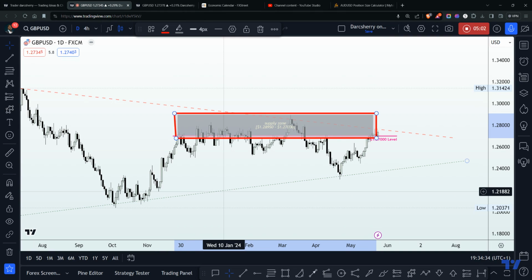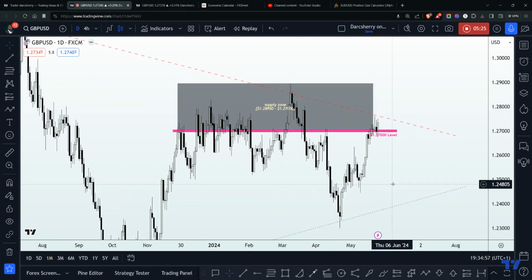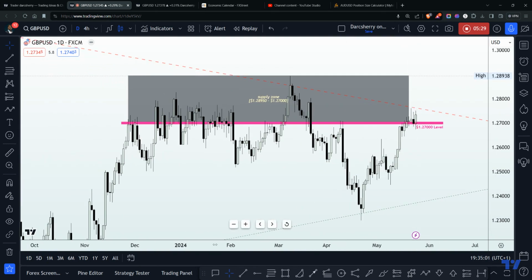Now, the question here is, will the selling pressure or will this descending trend line continue to negate the bullish attempt, leading into a sell off in this market? Or will price action break out of both the trend line and the supply zone to incite an uptrend continuation? Now, to navigate this current structure, in addition to the couple of trend lines we have here, I have my key level situated at the